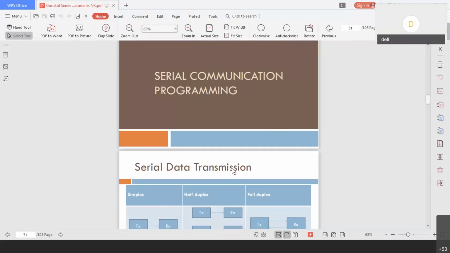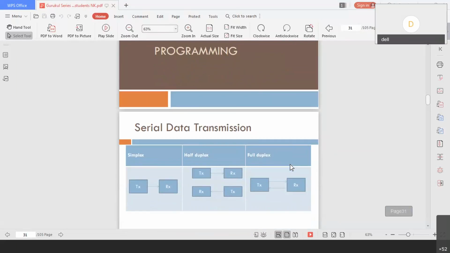So also we have a USB operated keyboard, USB operated mouse, USB connected hard disk. Everything is on USB, so serial communication is very important. The most important advantage in this communication is that the number of hard wires required is very less. Only two lines are sufficient: one for transmission, the other for receiving.